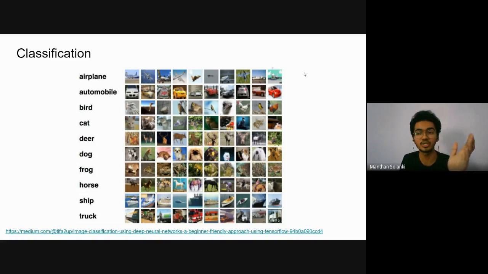So the image contains birds and humans, birds and animals, and the model has to predict both of them from the same image. So the classification task can be done easily using deep learning.